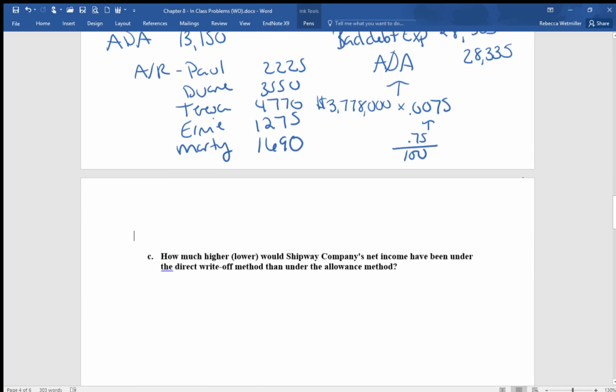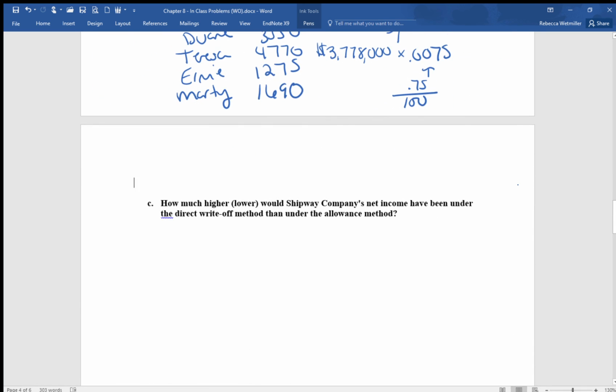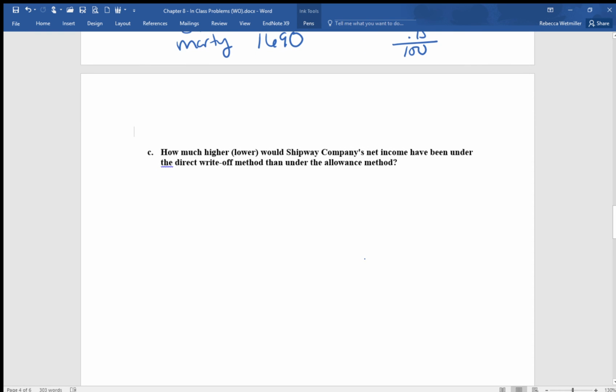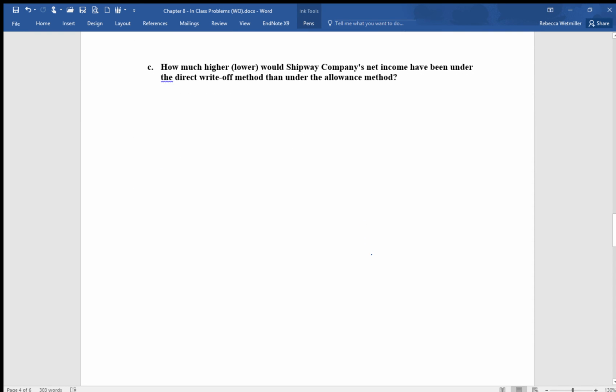Okay, and then moving on to Part C. How much higher or lower should Shipways Company net income have been under the direct write-off method than under the allowance method? Okay, so we're talking about net income, so we're talking about revenues and expenses. So the only expense that we've talked about so far is our bad debt expense. So if we look to those two T-charts, so if we look under the direct method and we look at our bad debt expense,